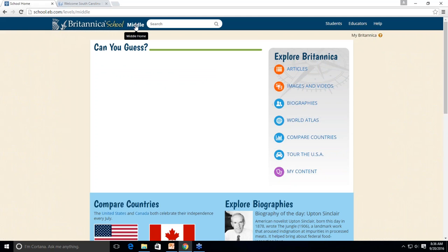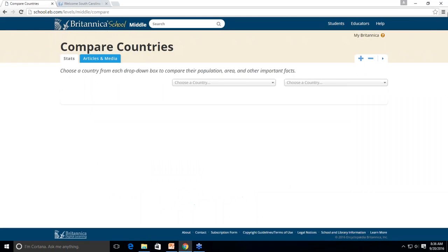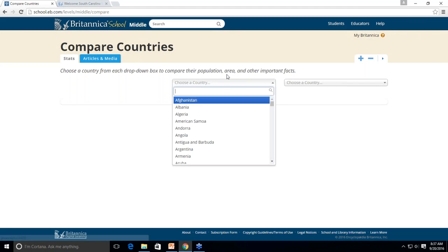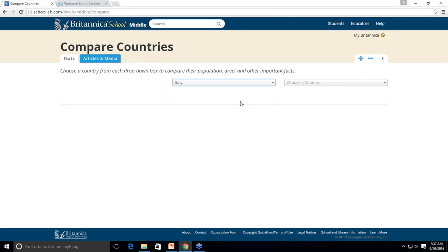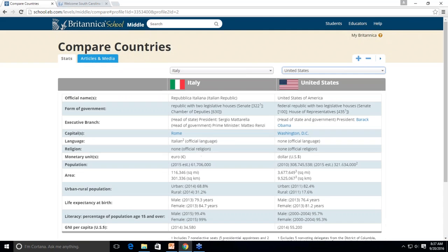Back on the middle school level, again, I clicked right up here on middle to get back to this page. We also have compare country. So if students, for example, are studying Italy and they wanted to compare it to another country, maybe an adjacent country or a country that they have historical wars with, or maybe just even the United States, to see how it compares to the country that they live in. We can do a side-by-side comparison. So I've got the two statistical